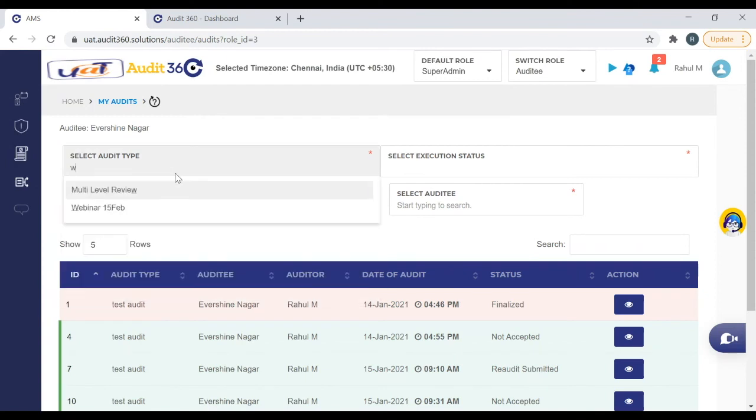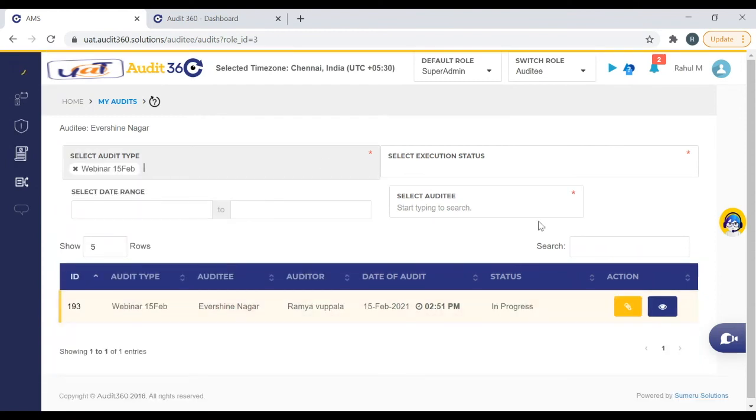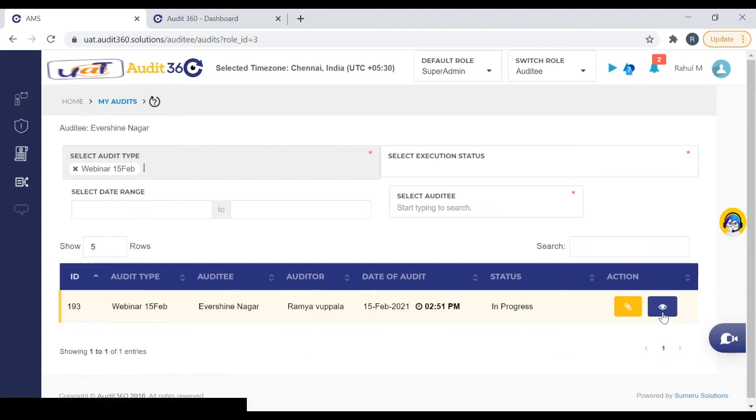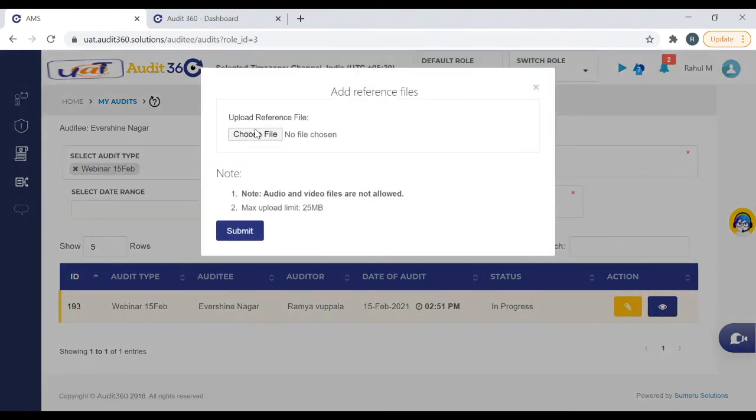I had done a schedule of webinar 15. If you see webinar 15, 15 Feb, which is in progress, it can be viewed. If this was not started, because it is a surprise audit, this would not be reflecting in My Audits for the auditor. Now the auditee will also be able to attach some reference. During the audit execution, while the remote audit is happening and we are discussing and chatting online with the auditee and we ask for some details, the auditee will be able to attach the details here. I'm just trying to upload. One change, if you could see on the screen, is that the auditee will have only the upload option here.